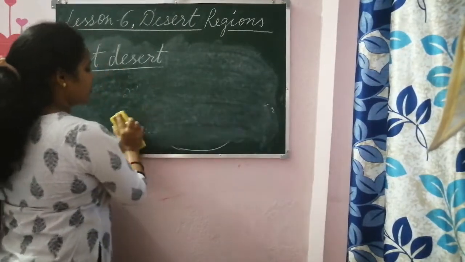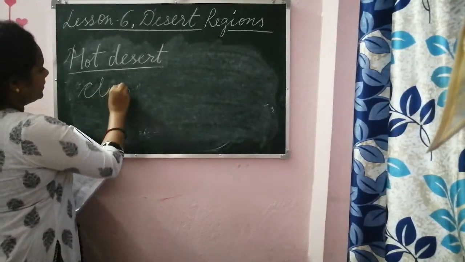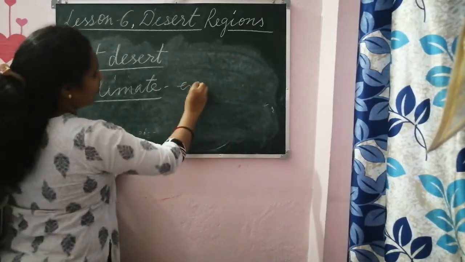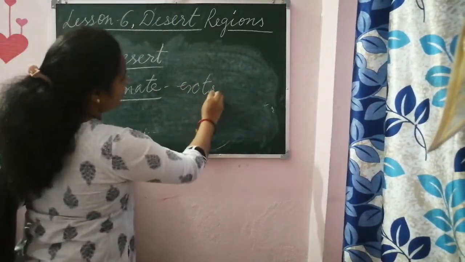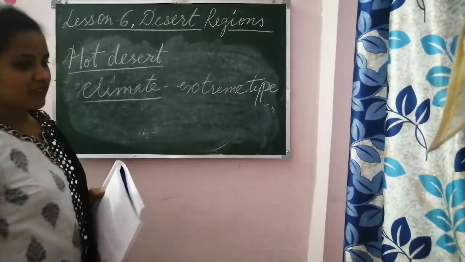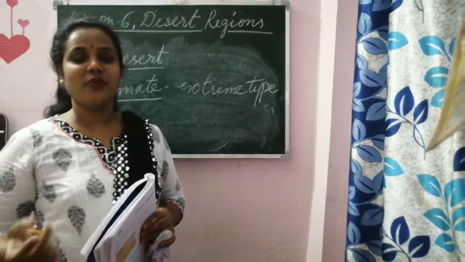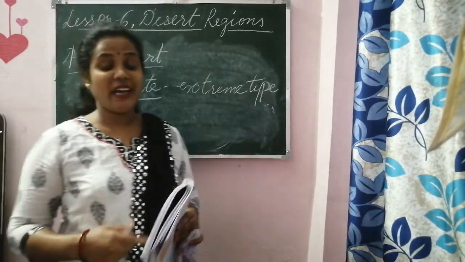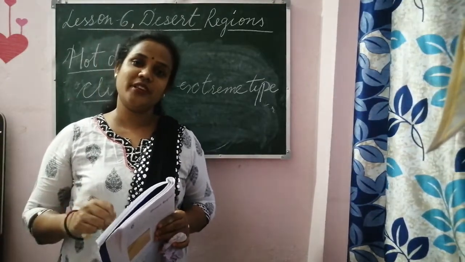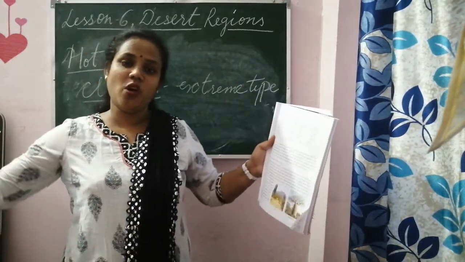Next you have climate. What type of climate is found? Here you have extreme of climate, which we call extreme type. You know what is extreme type? Extreme type, it is too hot and too cold. If it is summer, it is too hot. If it is winter, it is too cold, like we have here. Now we have extreme type of climate here. Winters are very cold here and summers are very hot here. So that is extreme type of climate. Extreme of it. Too hot, too cold.